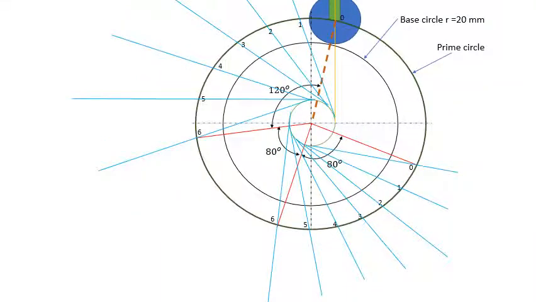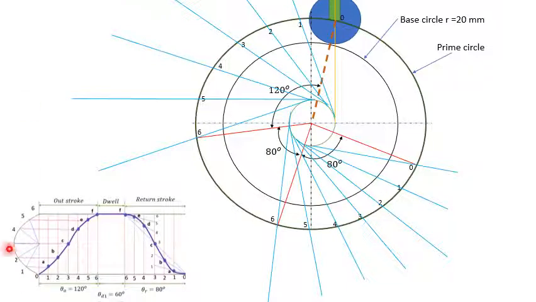So next, we have to locate the cutting points, right? We have got all the lines passing through each of the divisions. Then we have to locate the cutting points. To locate the cutting points, we are going to use the displacement diagram. See, this is not as per the scale, just for reference. I have considered the same displacement diagram once again.